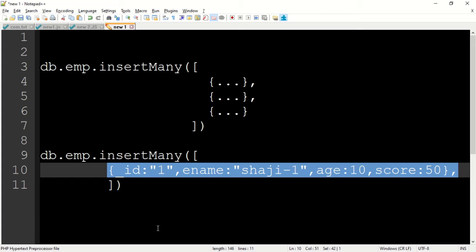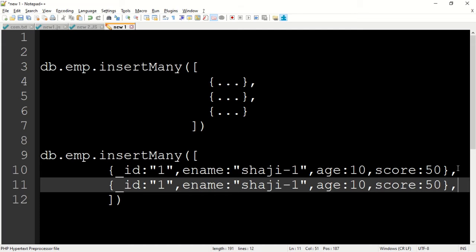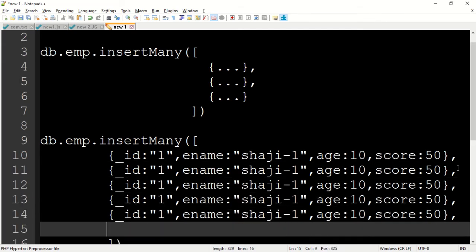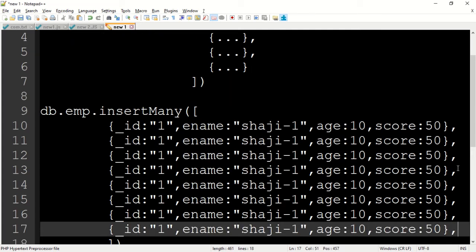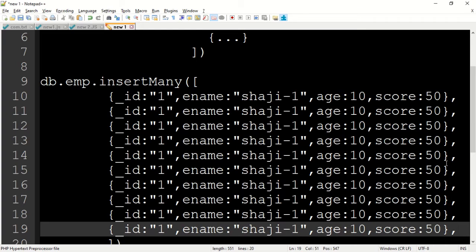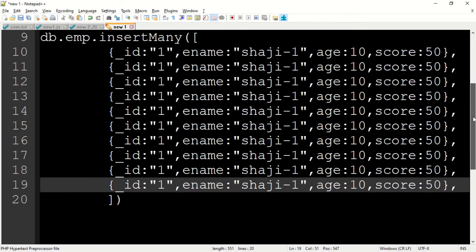I'm copying this. I'll make it multiple, 4, 5, 6, 7, 8, 9, 10. So we are going to insert 10 records.